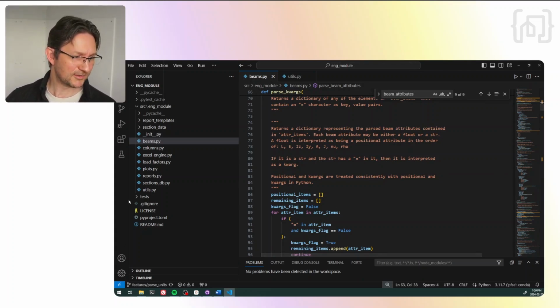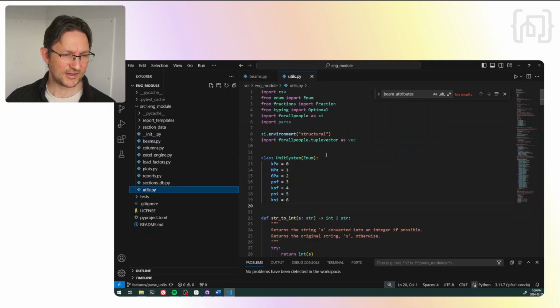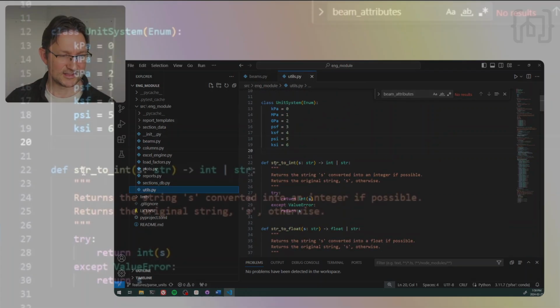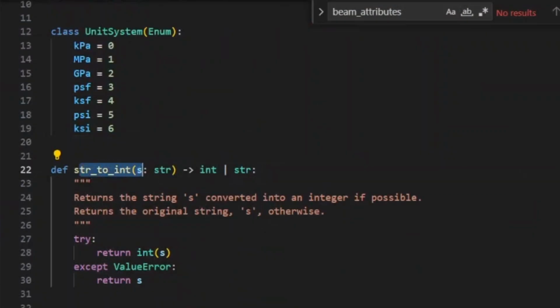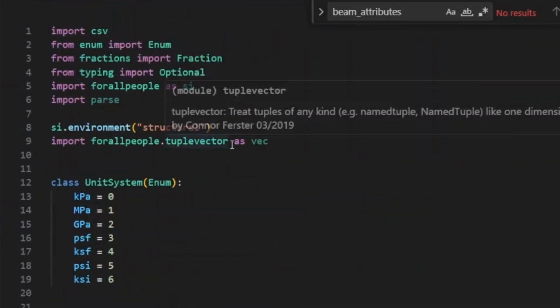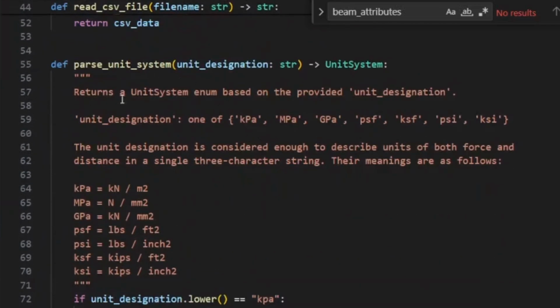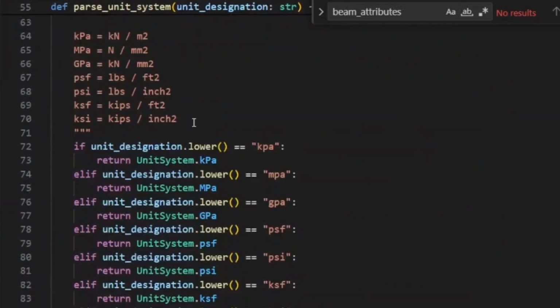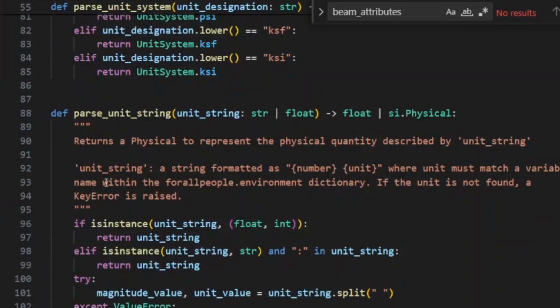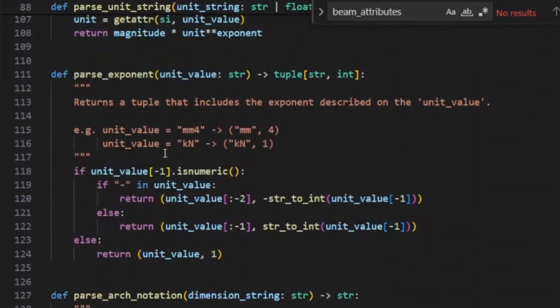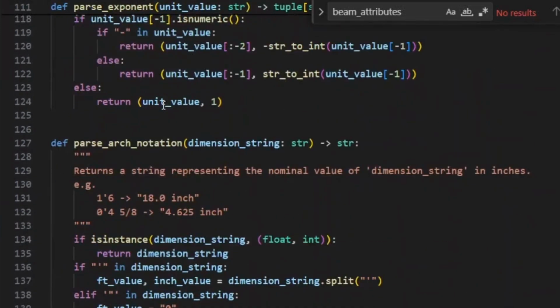So I put all of this unit stuff in my utils file, which is where I've got my text to integer conversion and text to floating point number conversion. I decided to put all my unit stuff in there. So here's a quick scroll through it. I've got the function parse unit system, the function parse unit string, parse exponent, parse architectural notation,